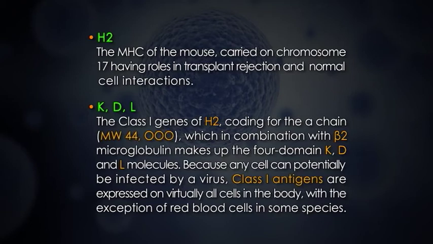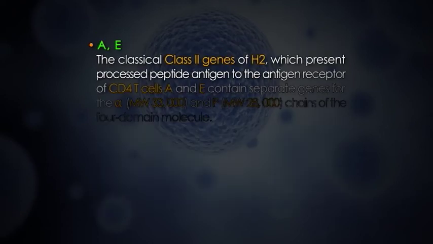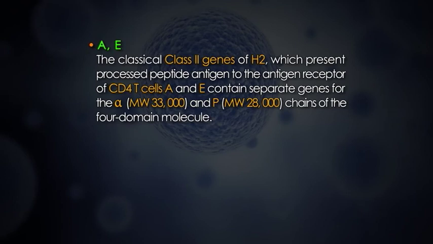Because any cell can potentially be infected by a virus, class I antigens are expressed on virtually all cells in the body, with the exception of red blood cells in some species. A, E. The classical class II genes of H2, which present processed peptide antigen to the antigen receptor of CD4 T cells. A and E contain separate genes for the alpha, molecular weight 33,000, and beta, molecular weight 28,000, chains of